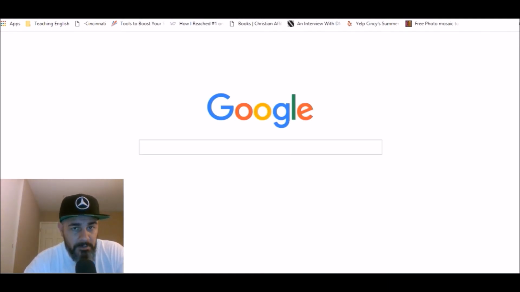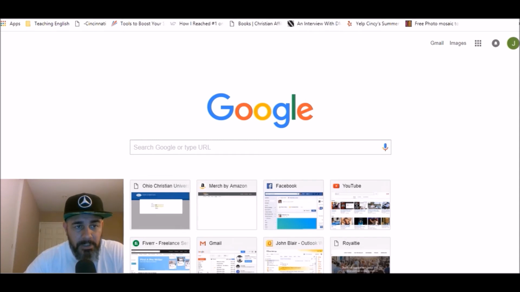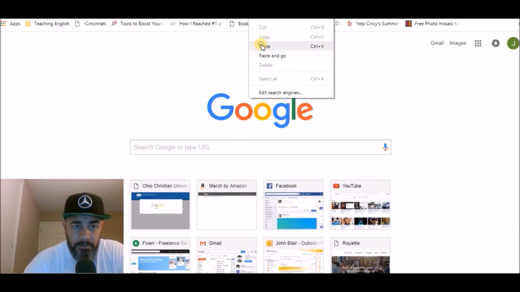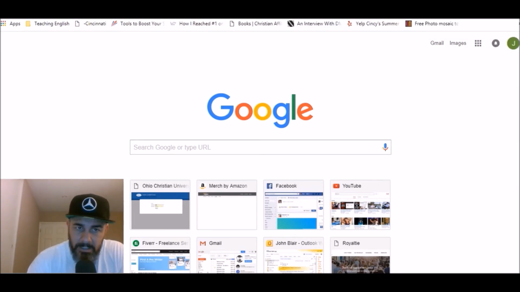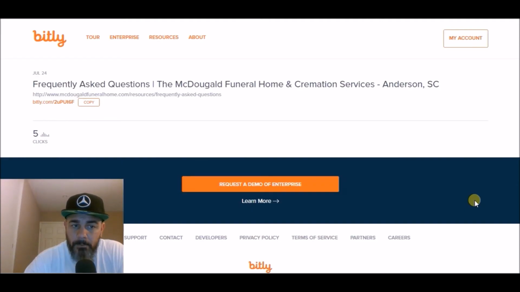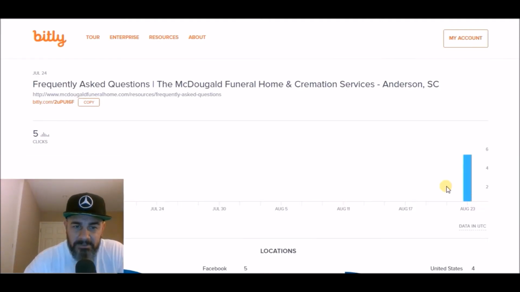From what country? Where are they coming from? That type of stuff. Then you just go up, and you can't see my web browser, but you put the link in the web browser. You might be able to see that. And then you add a plus sign, and then you hit enter. And voila, you get access to what they see in the backside of bit.ly